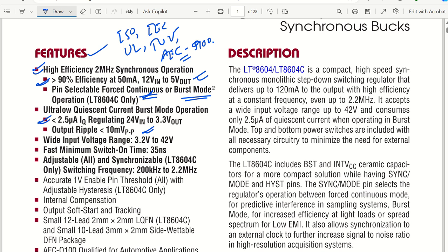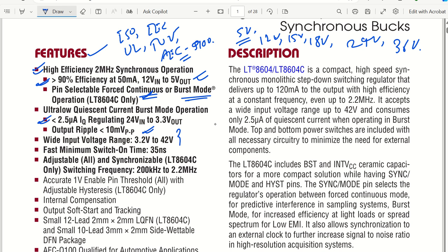As you can see, the input voltage range is going to be from 3.2 volt to 42 volt. So you have applications of, let us say, 12 volt input, or 15 volt input, or 18 volt input, or 24 volt input, even 36 volt input. Or even 5 volt input. I mean, let's say you have to design a 3.3 volt regulator, so for that case 5 volt input should be sufficient. So basically these are the voltage ranges that you can utilize at the input to get any kinds of output. Okay,